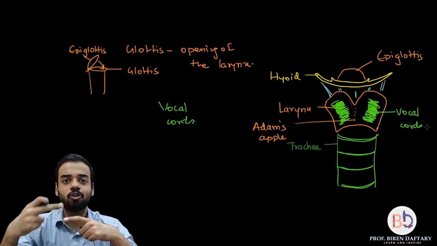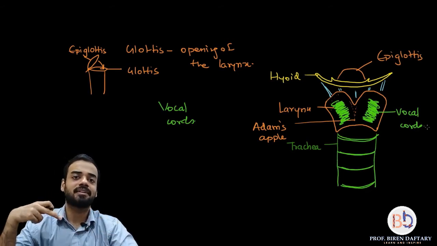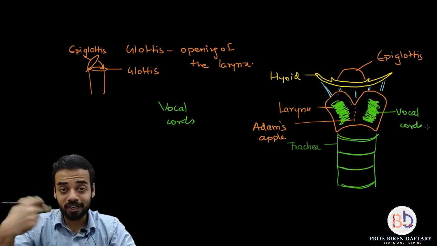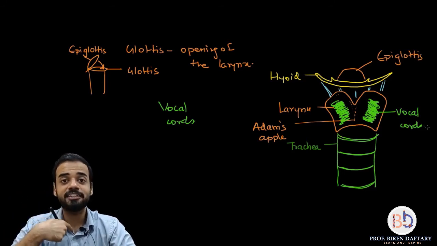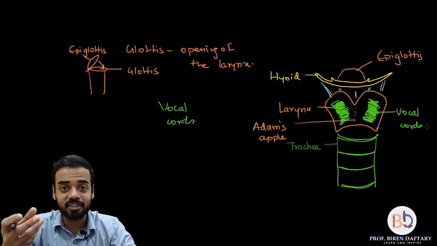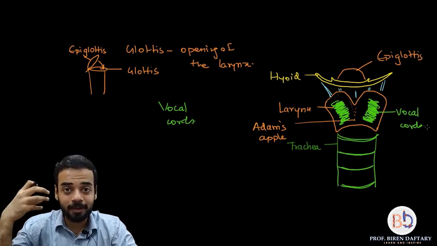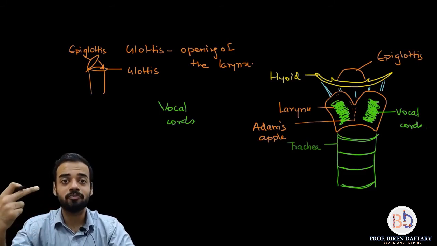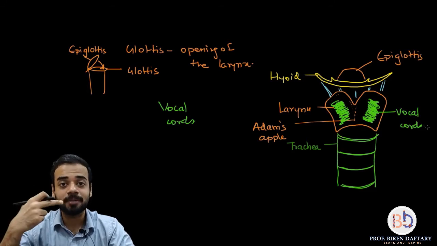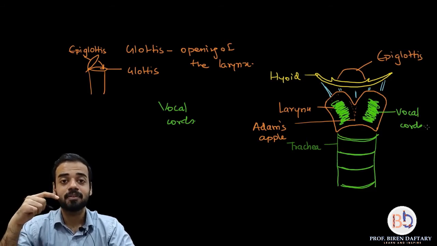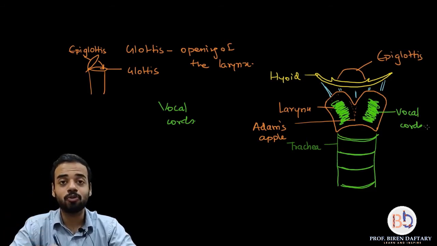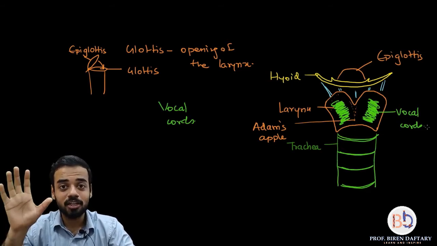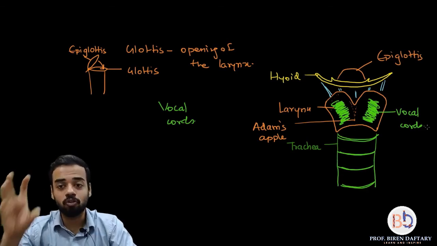Okay, and that noise or sound then enables us to create a voice. So when we speak, or right now when I'm speaking, that air is passing through the vocal cords and it is creating a sound, and the sound which I am making is also caused due to the movement of my lips, my teeth, my tongue, and also my nasal cavity. So when you are suffering from cold or when your nose is blocked, you know that your voice sounds different. Is this clear? So vocal cords are responsible for sound formation.